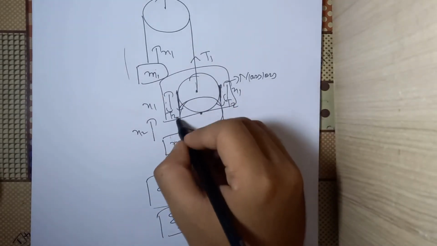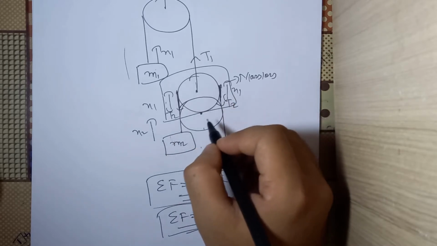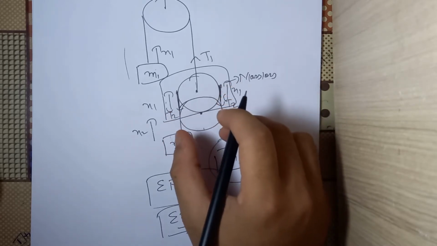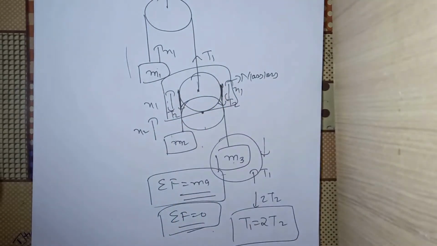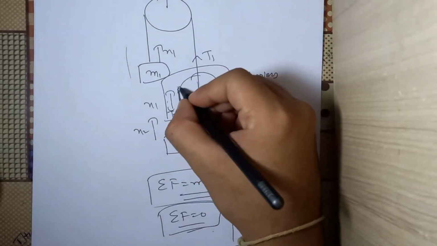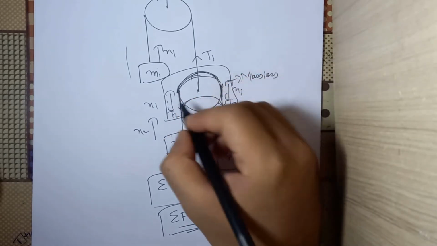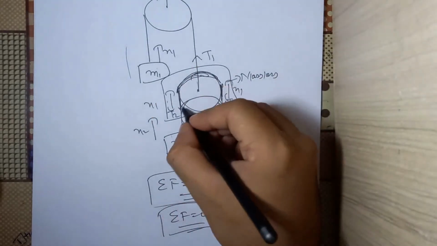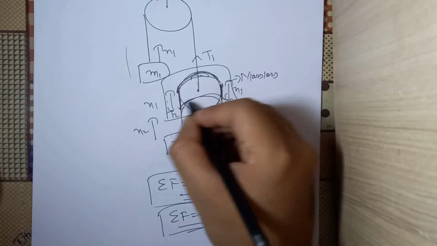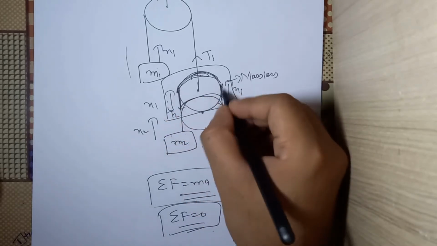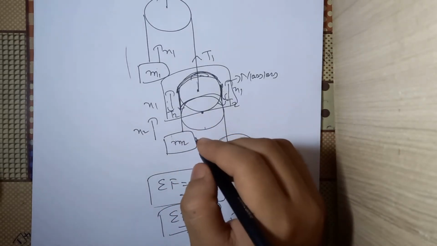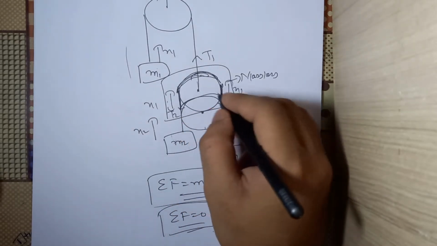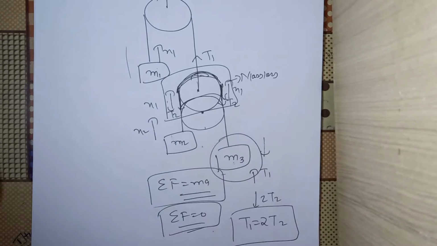There was a length of rope x1 and there was a length of rope x1. These two ropes actually wound up, or you can say that these two ropes actually moved down. This part of the rope, which was attached to the upper part of the pulley, is still there, but these two sections of the rope, each of which was equal to x1, are no longer there. When I say they are no longer there, what I mean is they have moved down or they have wound up on this pulley.